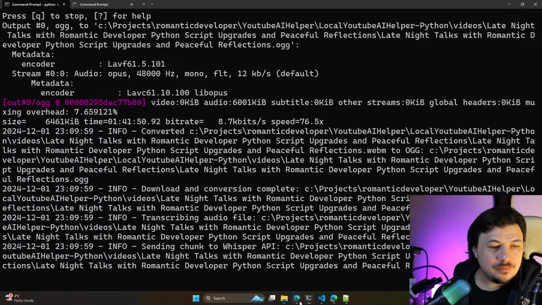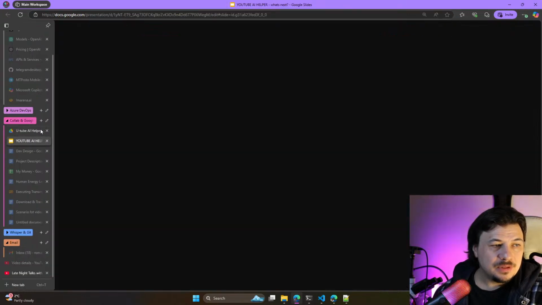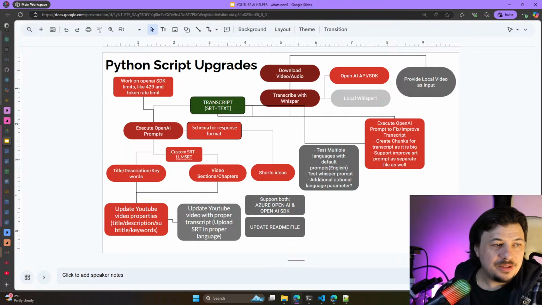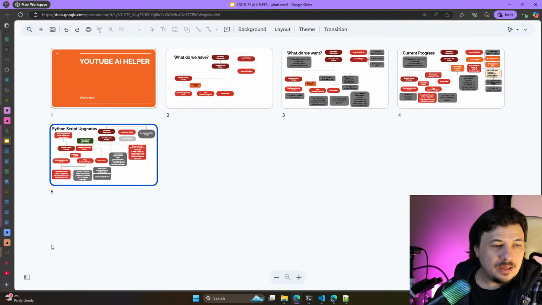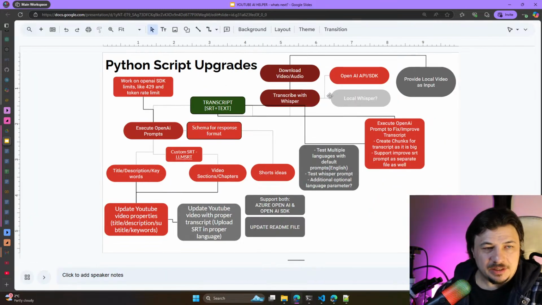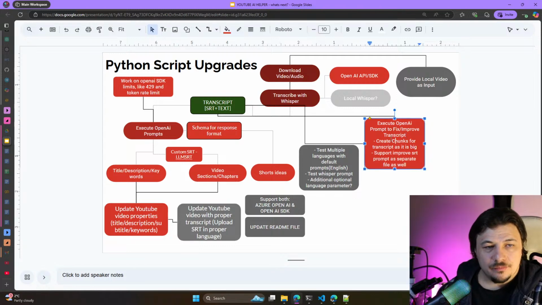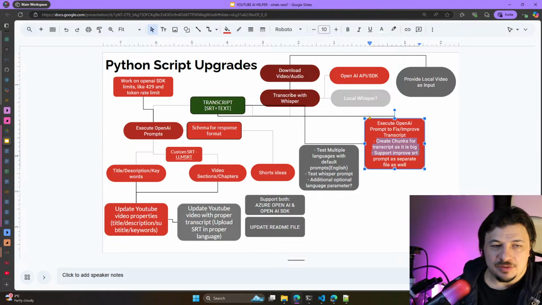So let's remember where we are with the Python script. We have our nice slides here. It's Python script upgrades, and we already implemented executing an OpenAI prompt to improve the transcript, and we do that by dividing the transcript into smaller chunks.